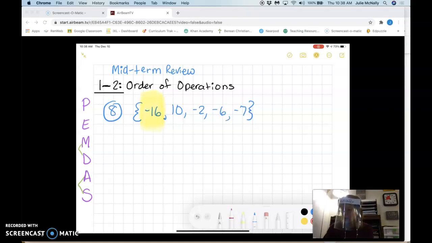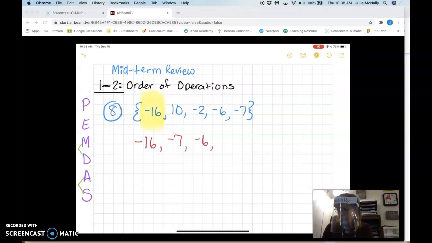Go ahead, Bella. Okay. Well, we have to start off, we're putting it from least to greatest. So the least one is -16 because it's farther away from 0. Correct? -7. Yeah. -6. Yes? -2. Yes. And